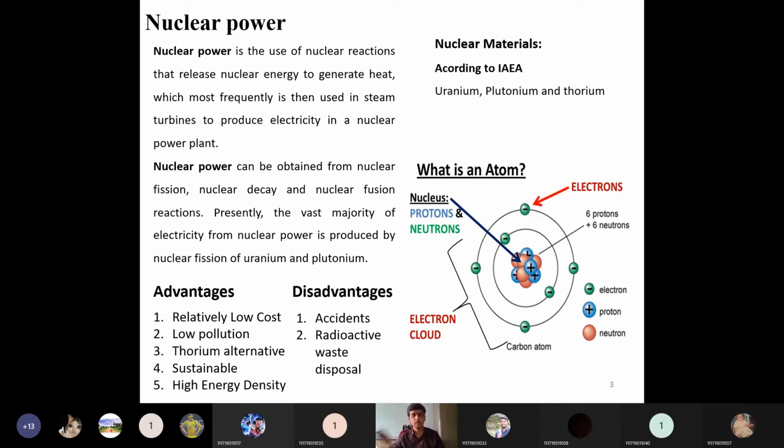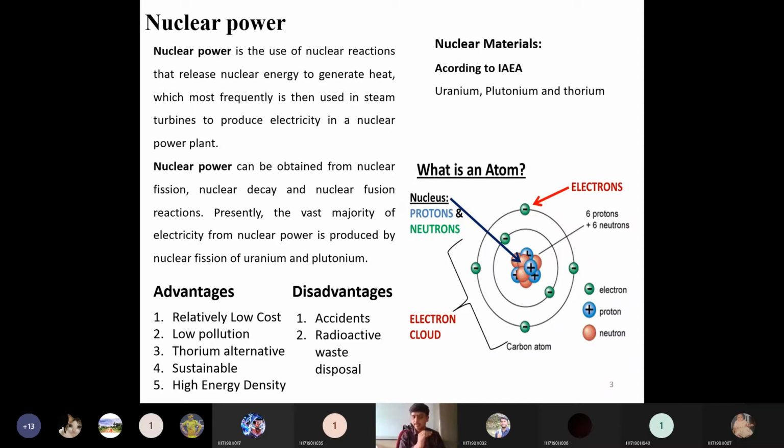Then it is very much sustainable. A very small mass of this nuclear material is enough to generate a huge amount of electricity. Whereas steam power plants or hydrothermal power plants, with their reservoirs and everything, will be costing more, and they are not at all sustainable. If water is not there, how can we generate electricity from a hydrothermal plant? If there is not enough heat generating capacity in the steam power plant, then it can't be sustainable further. But with nuclear energy, a very, very small mass of nuclear material is enough to produce vast megawatts of energy. That's why it is a sustainable energy.